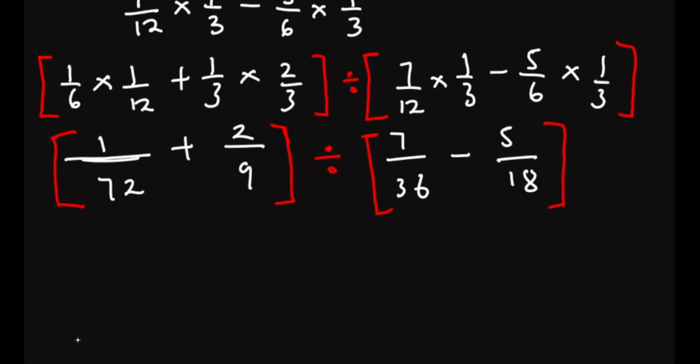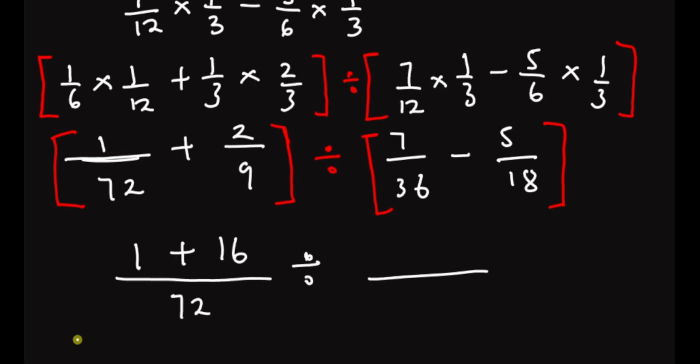And here we add these fractions. And how do we do that? You just find our LCM for the denominators, and LCM for 72 and 9 is 72. So 72 goes into itself how many times? 1 time, and 1 times the numerator here, 1, gives me 1. Then plus 9 goes into 72 8 times. 8 times 2 is 16, divided by, we bring our